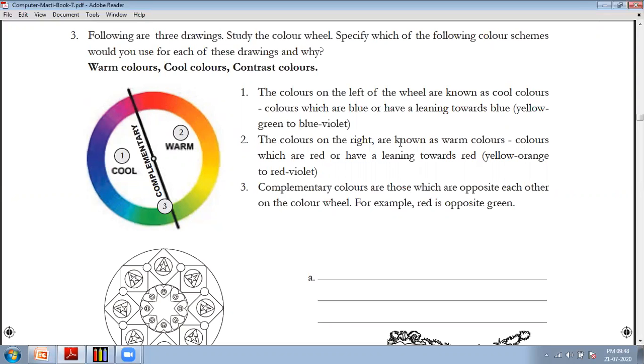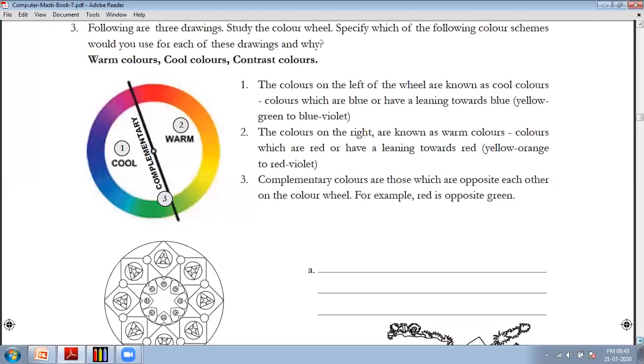The colors on the right are known as warm colors. These are colors which are red or have a leaning towards red, yellow to orange or red to violet. The third one is complementary color. Complementary colors are those which are opposite each other on the color wheel. For example, red is opposite to green.